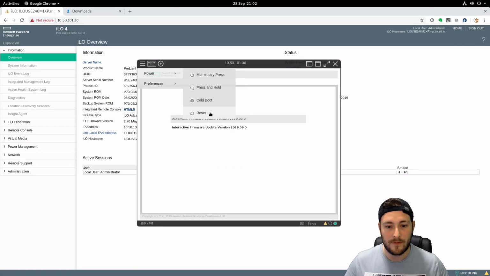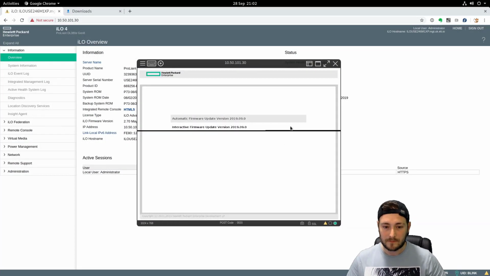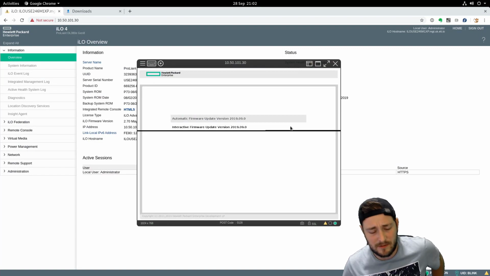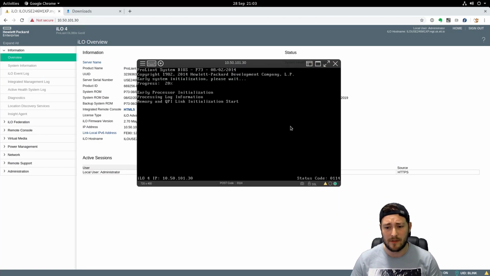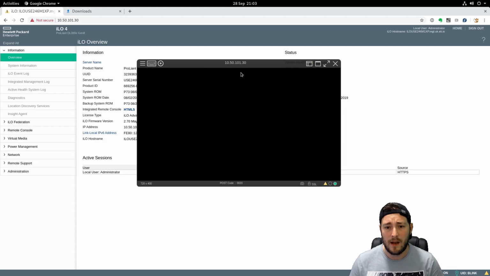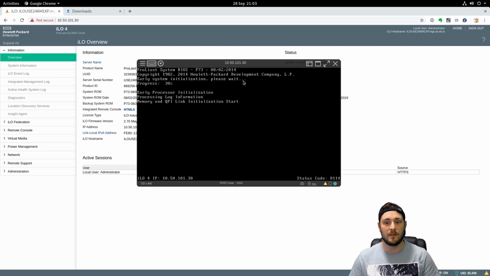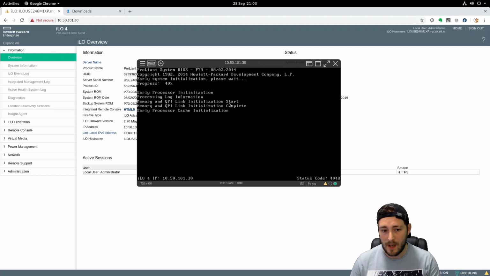So if I go through and we do a cold boot, what this is going to do is allow us to go back through BIOS, and it's going to allow us to go through the thing that I really want to fix, which is the storage controller. So I've got a P420 storage controller in this box, and it's there to control all my disks. It's a 25 bay DL380,